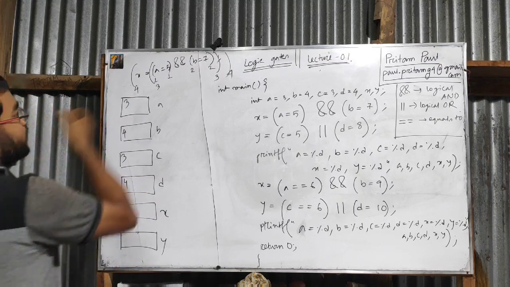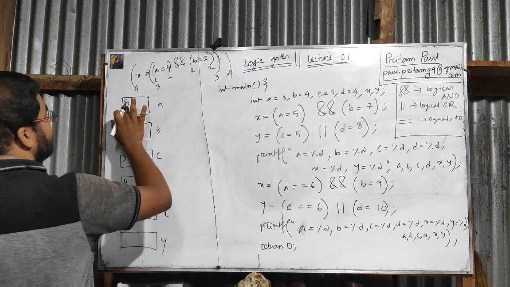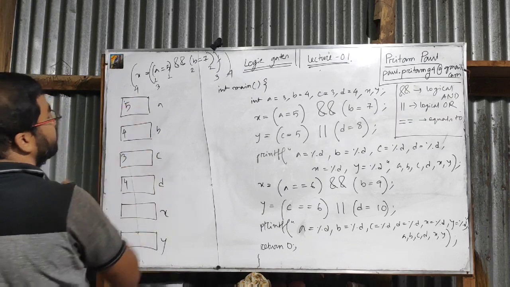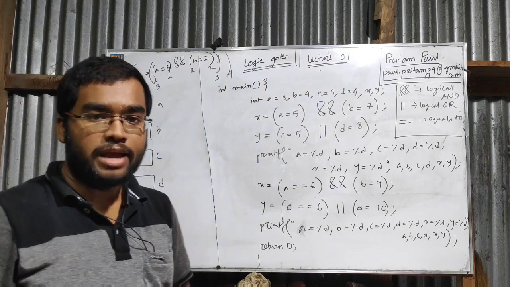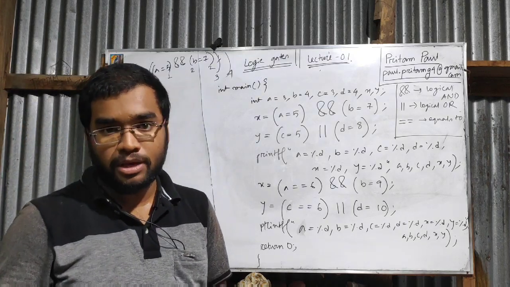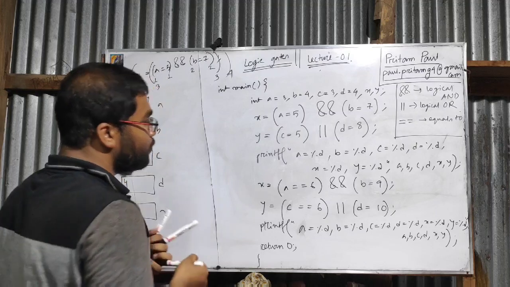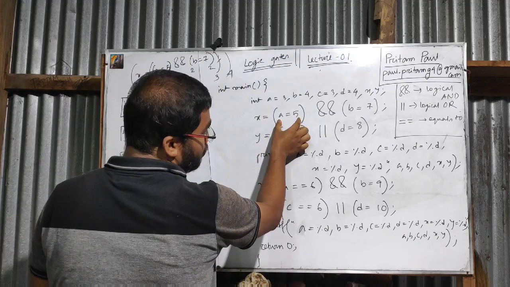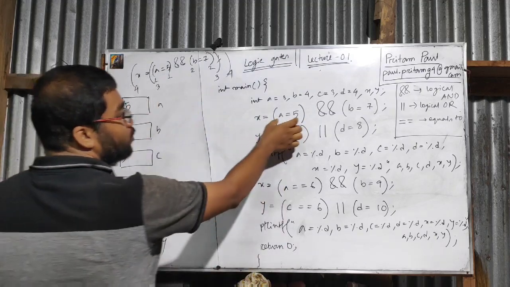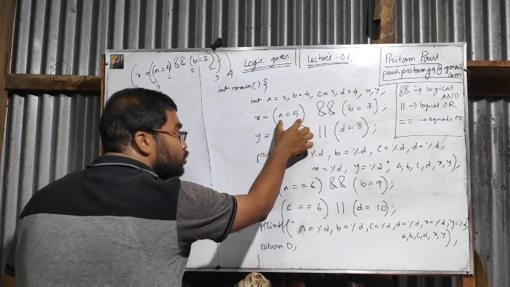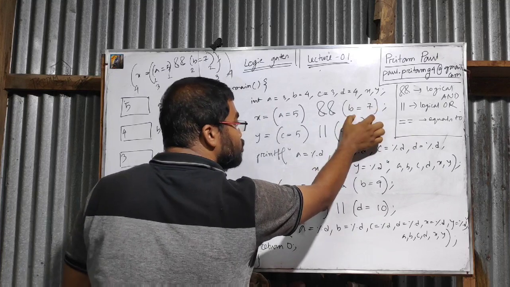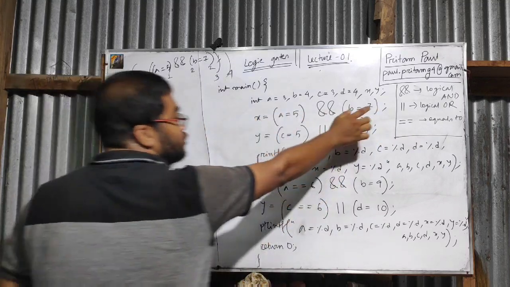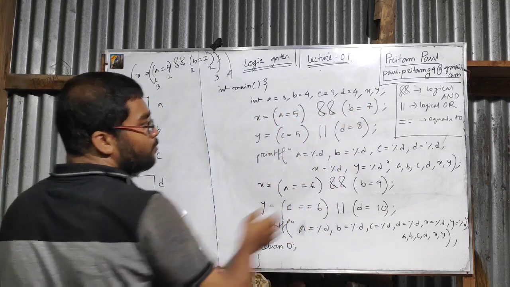Now here A equal to 5, then 3 will be replaced by 5. As we all know that except 0, everything is a true value in programming. That means this is true. As I have said, the first one is true or 1, that's why we will check for this one. Is it true or not? If it is true, then X will be 1. If it is false, then X will be 0.